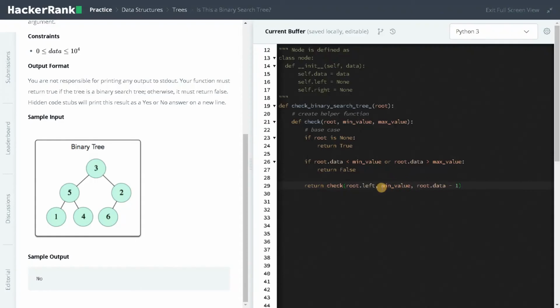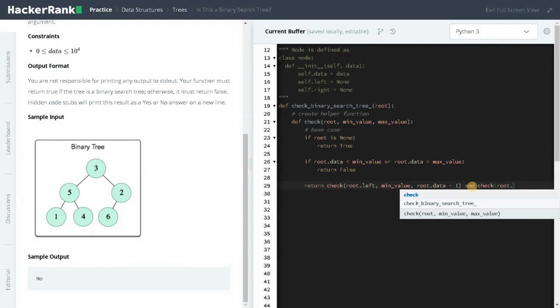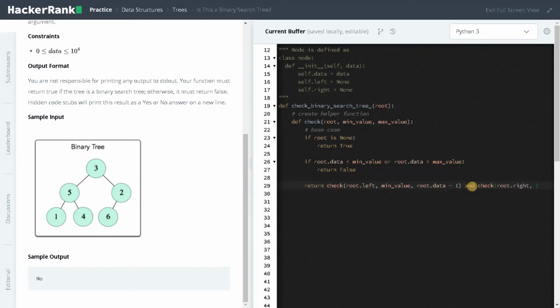In binary search, we'll be having the low value and the max value to search a particular element. Here, we are updating the max value by root dot data minus 1, and check root dot right. This is another case. We have to update the minimum value. Minimum value will be root dot data plus 1 and max value will be the same.